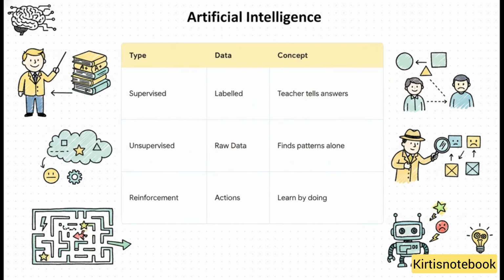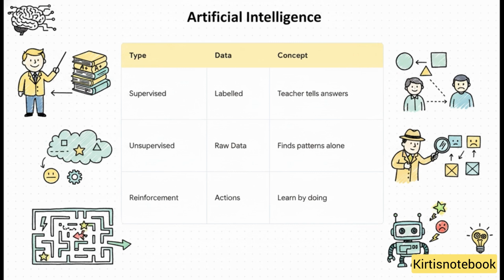Let's break them down. First up, we have supervised learning. This is exactly like having a teacher standing over your shoulder giving you the answers. The machine is given labeled data, meaning the correct answers are already attached to the information. Second is unsupervised learning. This time, there's no teacher and there are no labels. The machine has to act like a detective, digging through raw data and finding hidden patterns or grouping things together